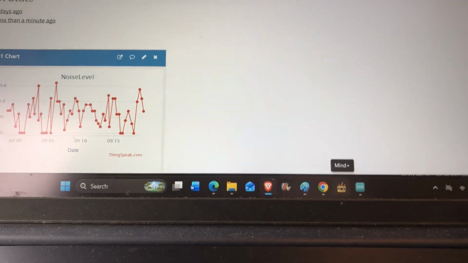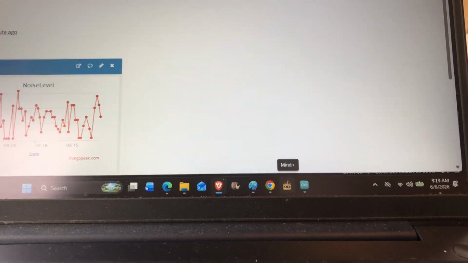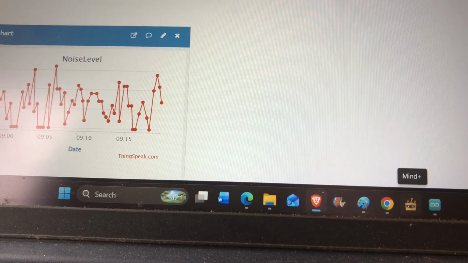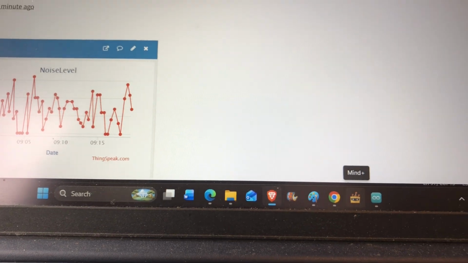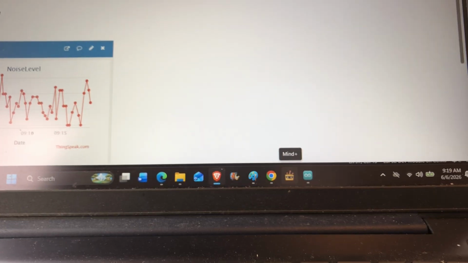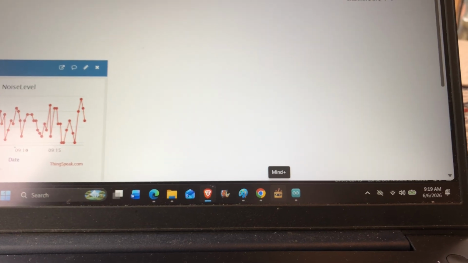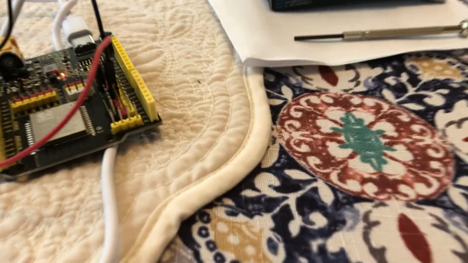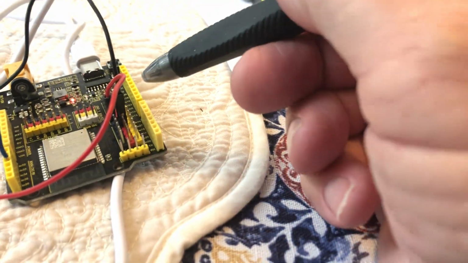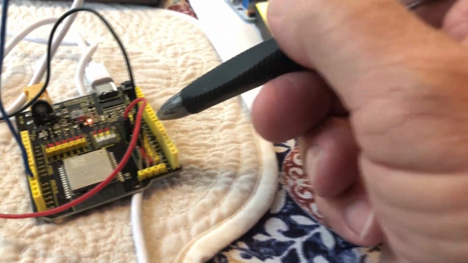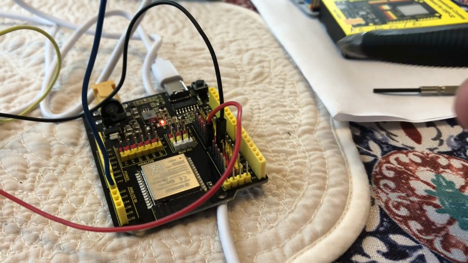Okay, so here we go. Now we're using ThingSpeak as a way of looking at our data on IoT, Internet of Things. And we've got our ESP32 board by Key Studio. This is the WROOM board,